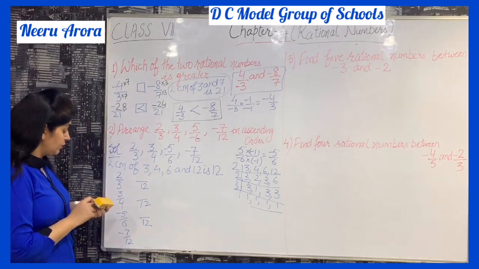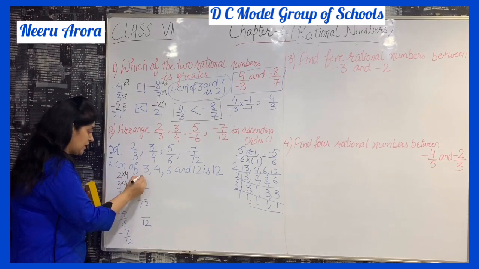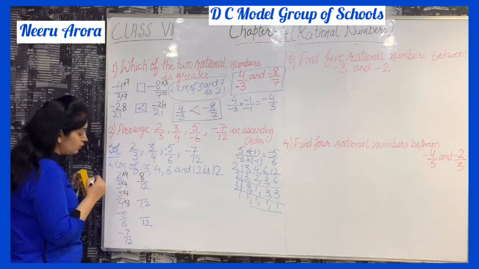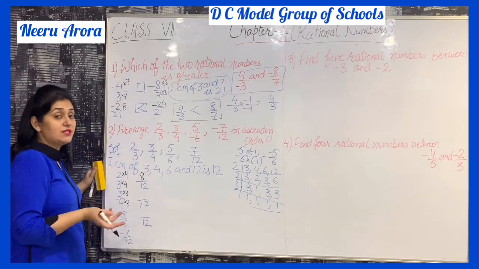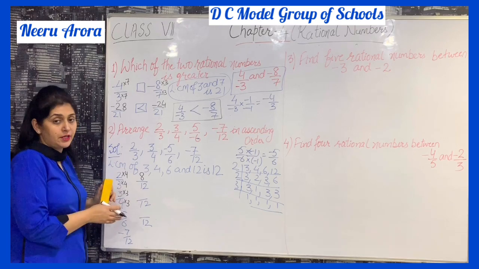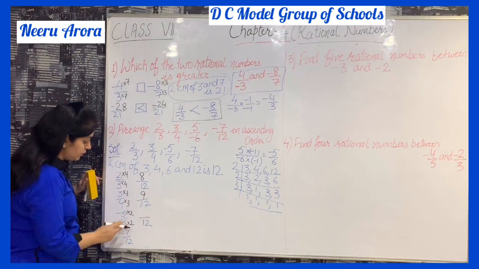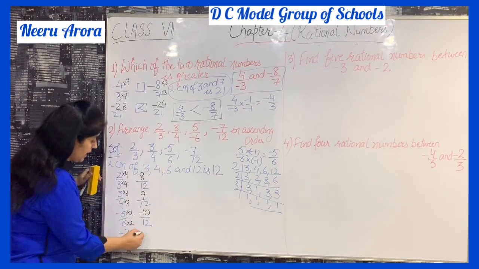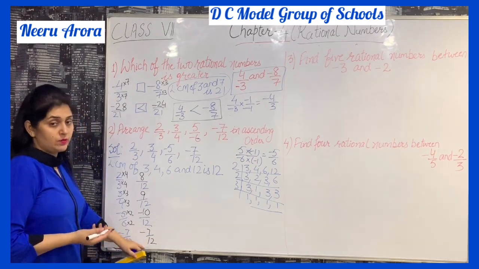So leave it as it is. So now what we will do? Here we multiply by 4. So what comes in the numerator? 8. Here we multiply by 3. The rule says that we multiply the numerator and denominator by the same non-zero number. We cannot multiply them by different numbers. So here it comes 9. Here we multiply by 2. 6 2s are 12, -5 2s are -10. And -7/12 remains as it is, because the denominator is 12 only.